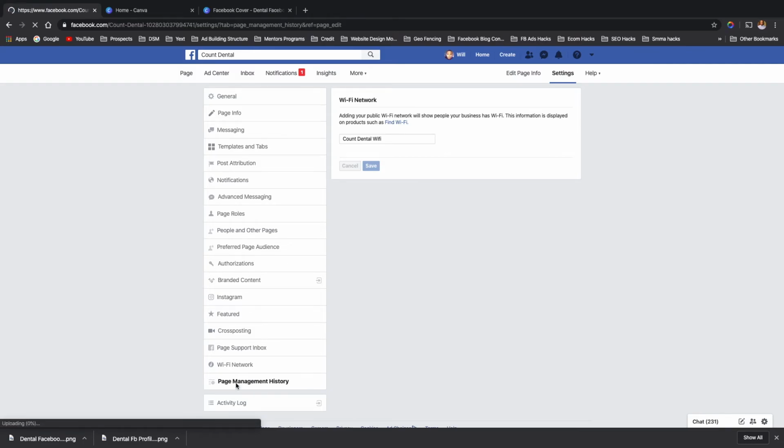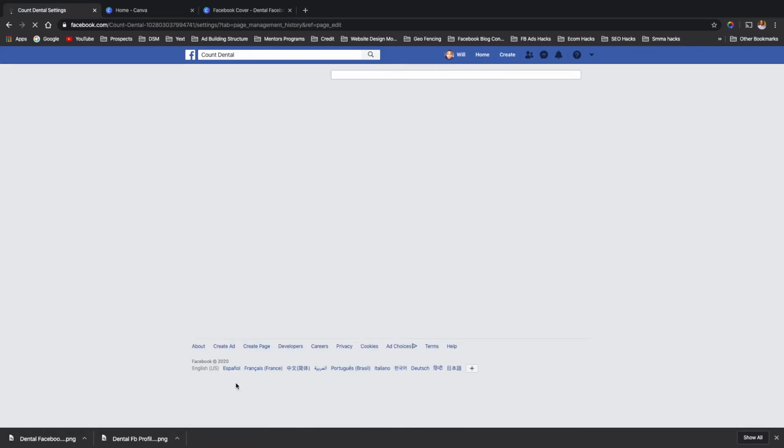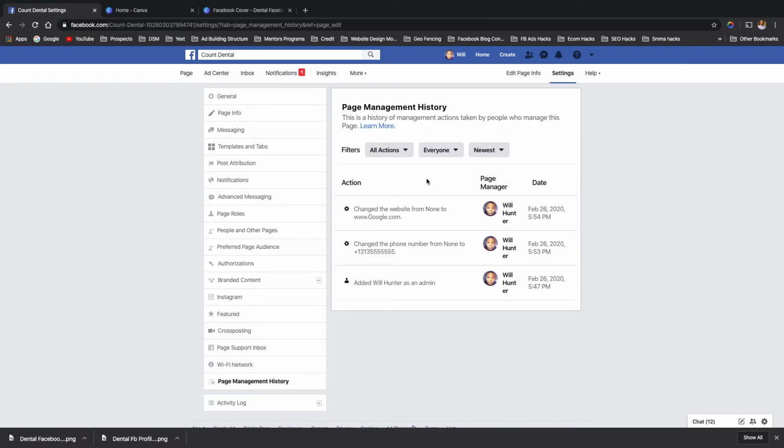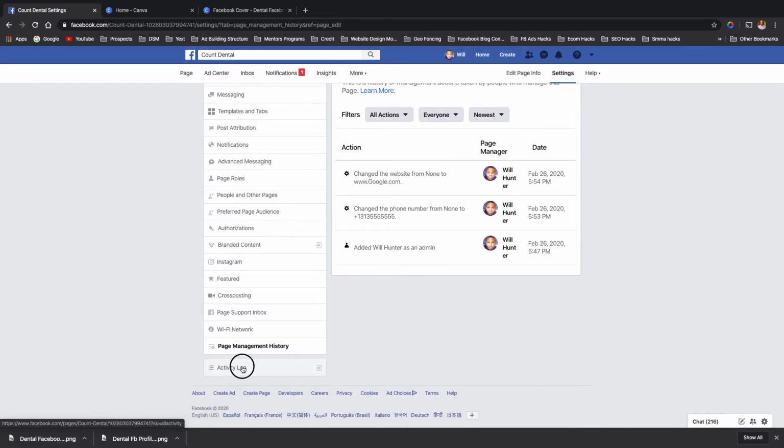And then there's page management history. Like I said, I'm going over all the tabs right now, so that you'll be able to understand how to go in there and set this stuff up. Then you can go in here and see what I've changed or what anybody else has changed inside of here: the page manager, the date they changed it, the time they changed it, in the stamps. And you can do the activity log too,